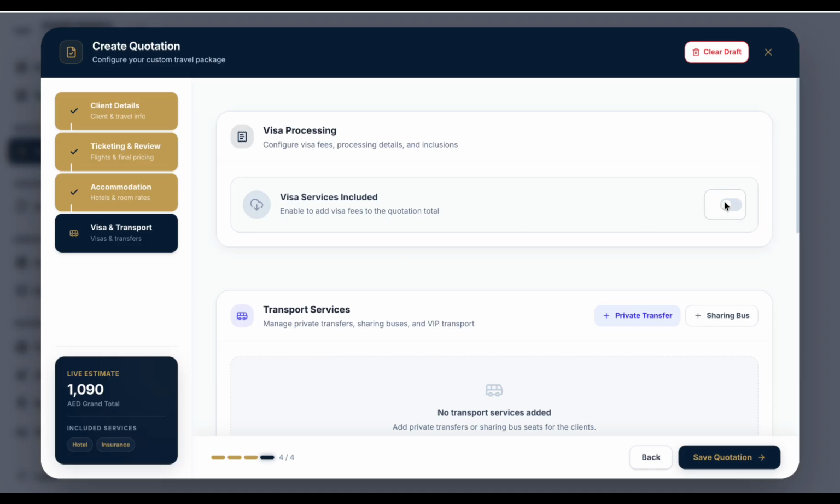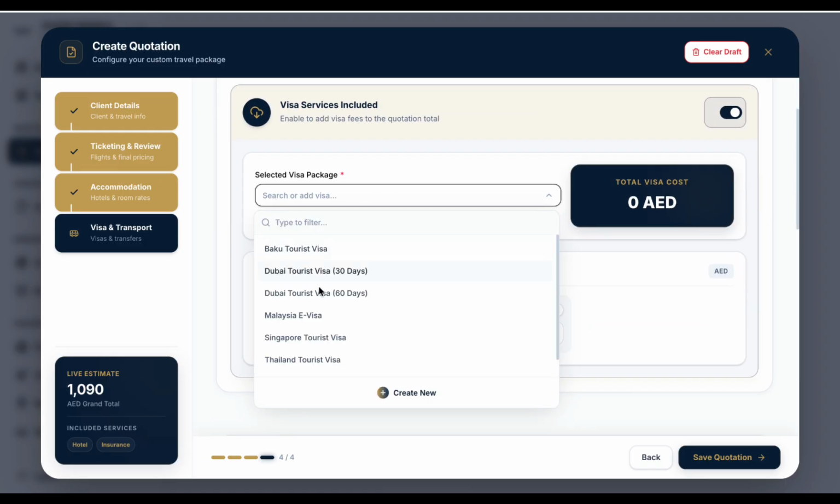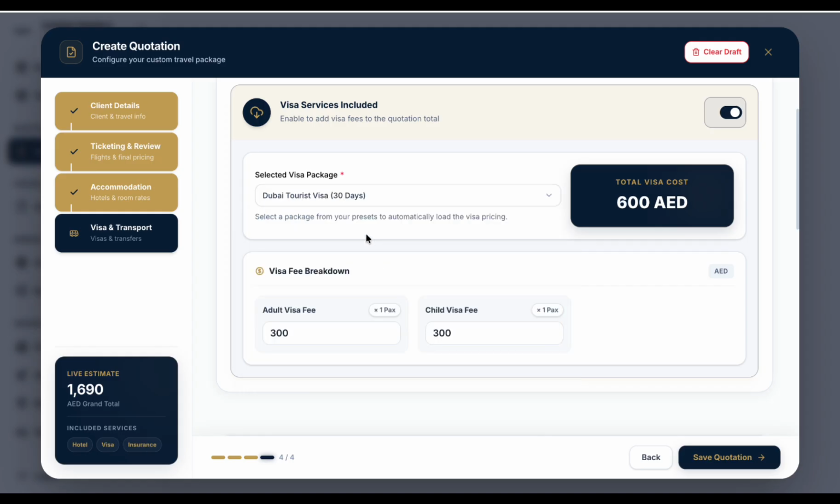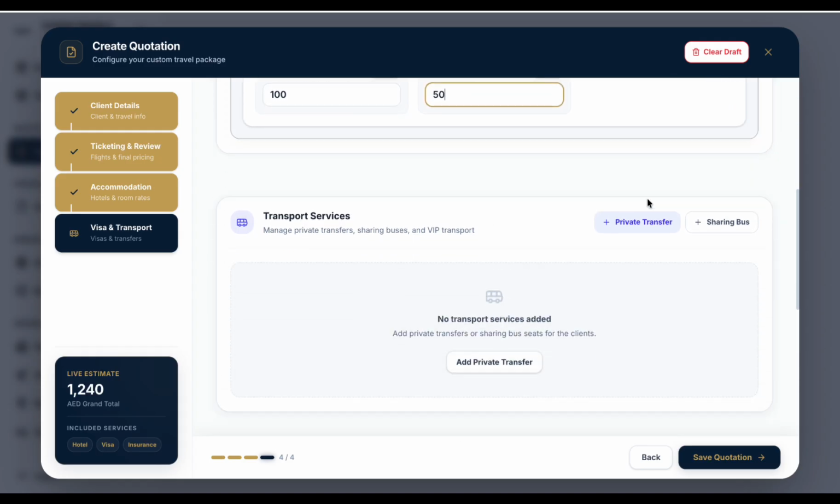And visa service, if it's included, you can check this. Which visa is it? Dubai tourist visa 30 days. These are the prices that you added in the process of listing your visa types in the CRM. You can always change it. I'll put it to 100 dirhams and 50 for the child visa fee. You can add private transfer, sharing bus if you want,